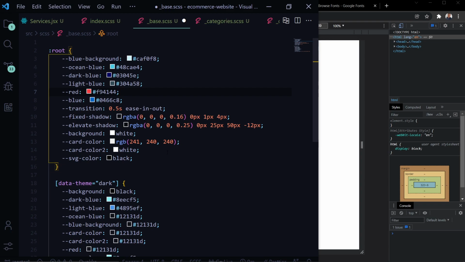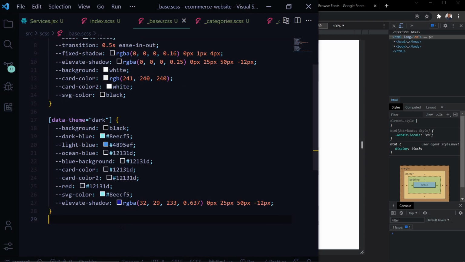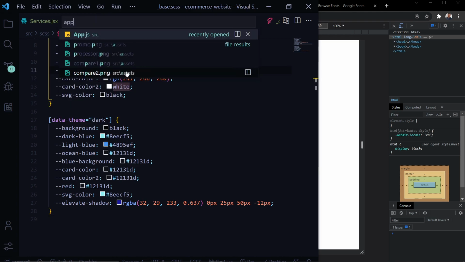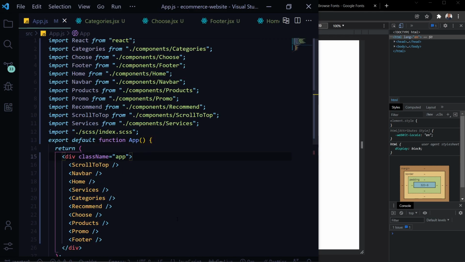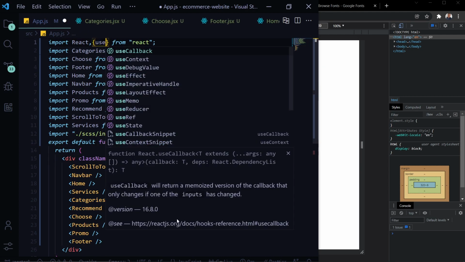Now after this we have defined a data theme attribute, and if it is dark then we are going to change the variable values. So this is for the dark mode. Okay, let's save this and let's head over to app.js, and here we'll create a state which is use state